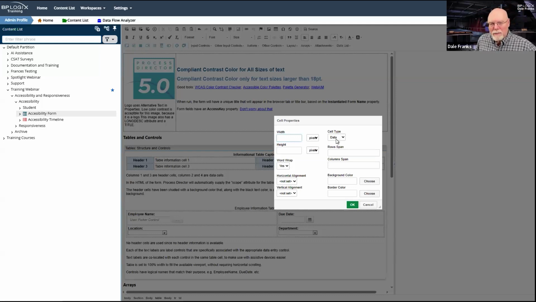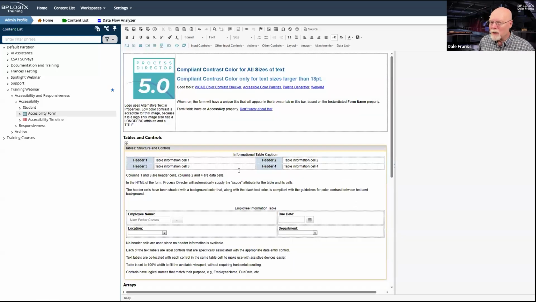Again, I'm talking specifically about presenting tabular data in a form. Sometimes I've seen that you've put instructions and things like that, or those "for office use only" tables where you have a couple of headers and some other information. That's fine, but you need to construct those tables properly.